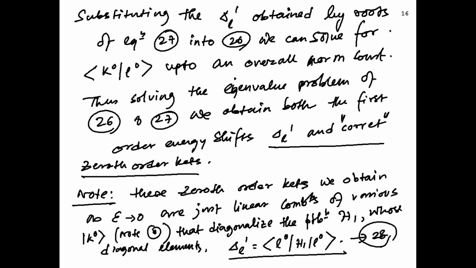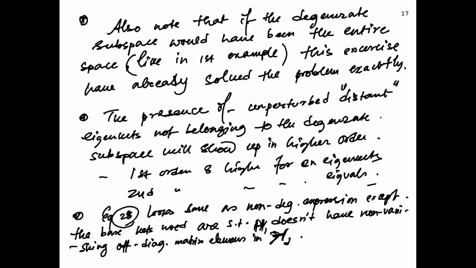The first order correction has exactly the same formula, but note these L naughts are not those L naughts; they are the correct L naughts. That is equation 28. Also note that if the degenerate subspace had been the entire space, like in the first toy problem we are doing,